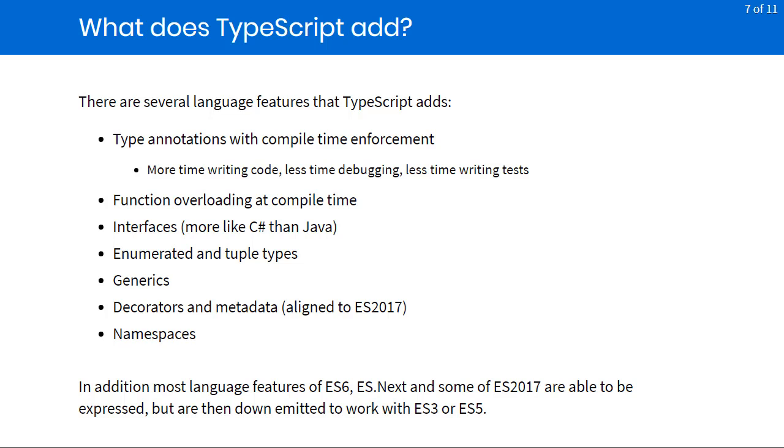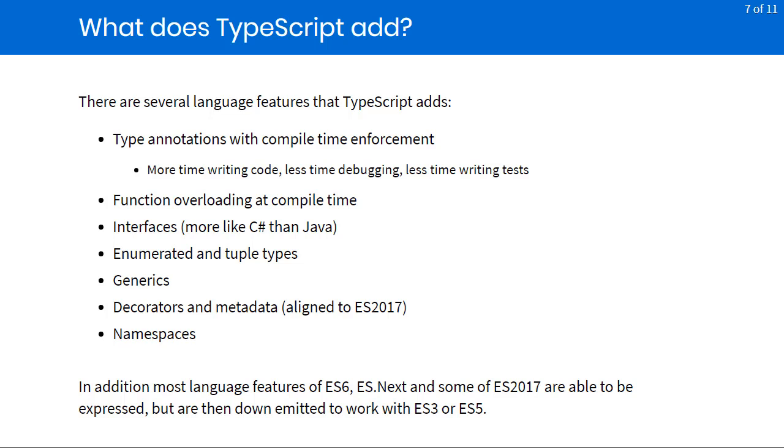JavaScript, as you probably know, is a very dynamic, weakly typed language. So you can pass anything that you want into any function that you create, and your functions historically have had to figure out a way to manage that. Well, with TypeScript, we have these type annotations, so we get much more support from our tools to understand that we're using the different components of our application correctly. So what that boils down to is we end up spending more time writing code, less time debugging, and less